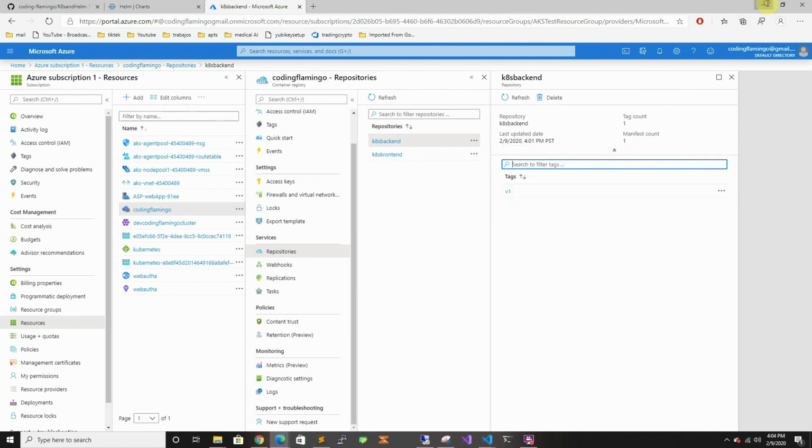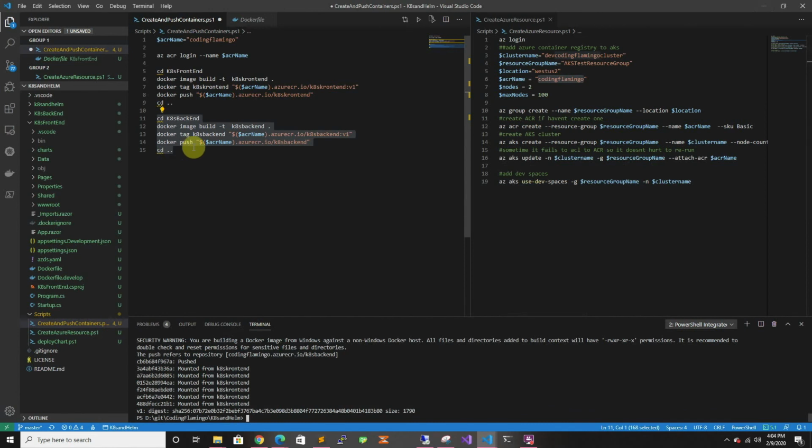So in the next video, we're going to look at how to create a Helm chart and pull those images to be able to deploy into our